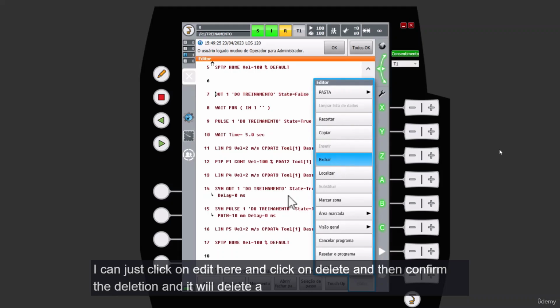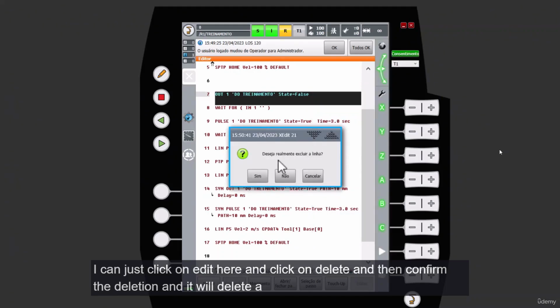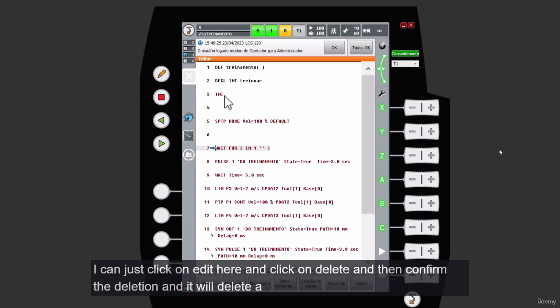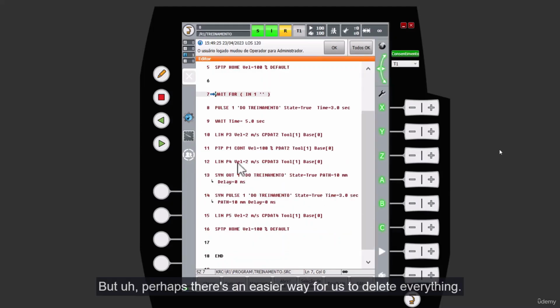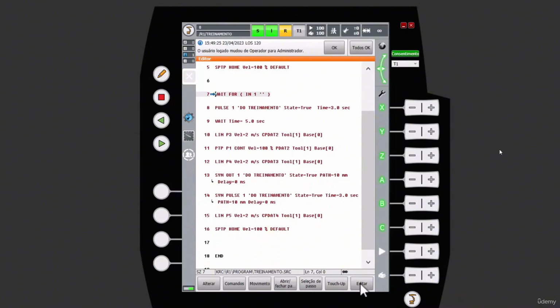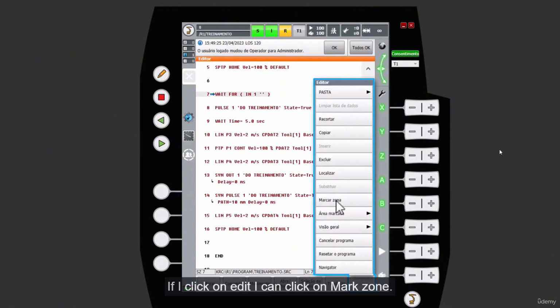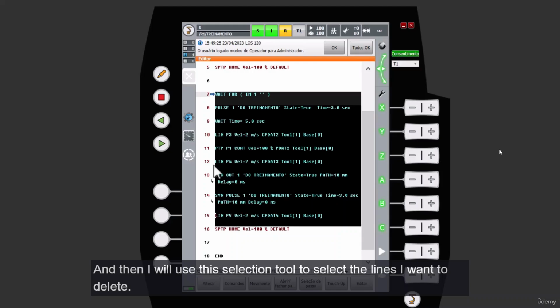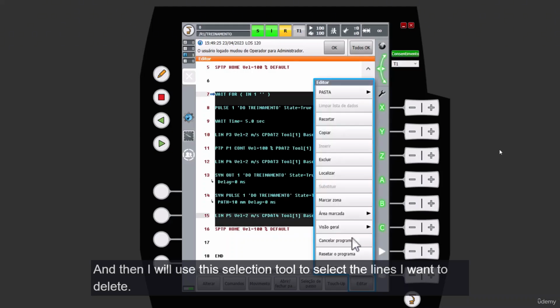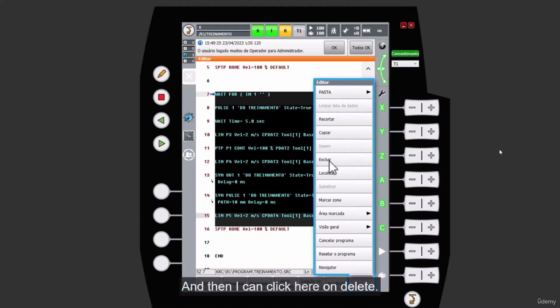I can just click on edit here and click on delete and then confirm the deletion, and it will delete a single line. But perhaps there's an easier way for us to delete everything, and there is. If I click on edit, I can click on mark zone, and then I will use this selection tool to select the lines I want to delete, and then I can click here on